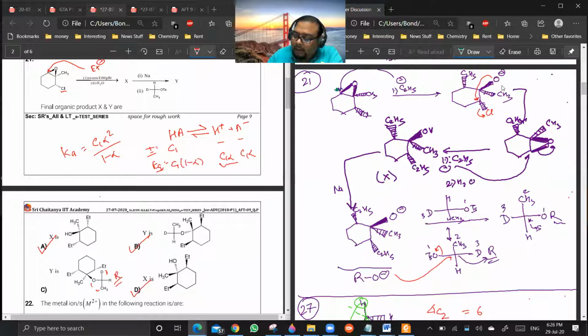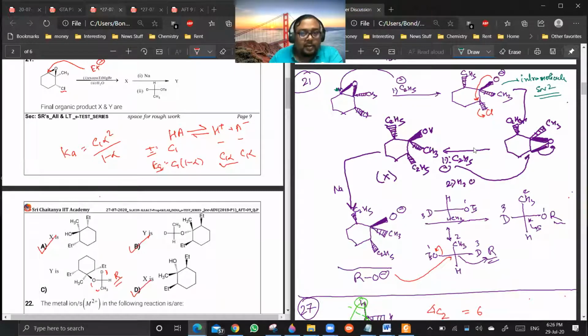So it will be like an intramolecular SN2 reaction, something like neighboring group participation. Are you remembering that concept? Yes or no? Yes, sir. Okay. So if O minus attacks from up, you will again get an up epoxide here. And CH3 remains down only, because it is inside the plane.